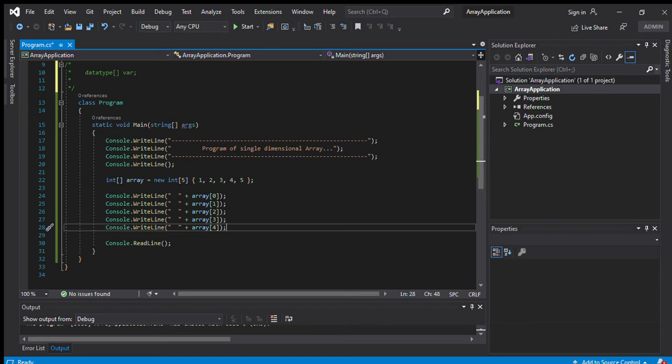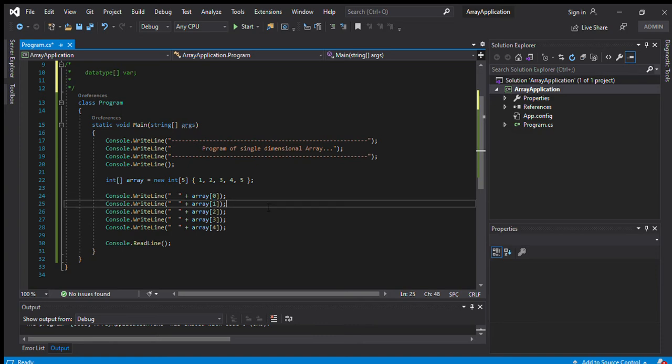So what is the starting value of the array? These are 1 2 3 4 5. But actually the array index starts from 0 and ends with size minus 1. The size of the array is 5, so 5 minus 1 is 4, because the array index starts from 0.